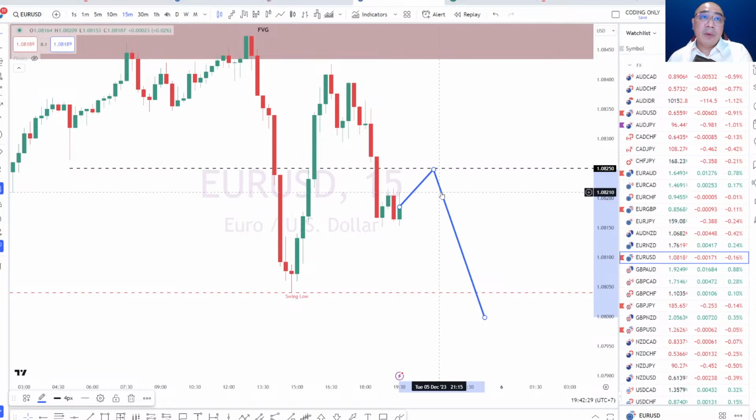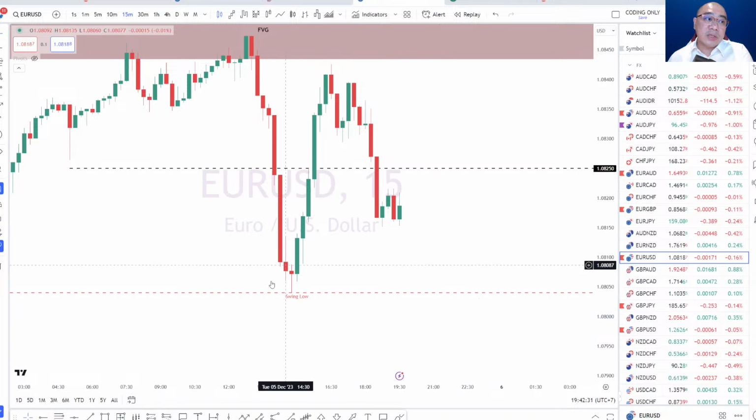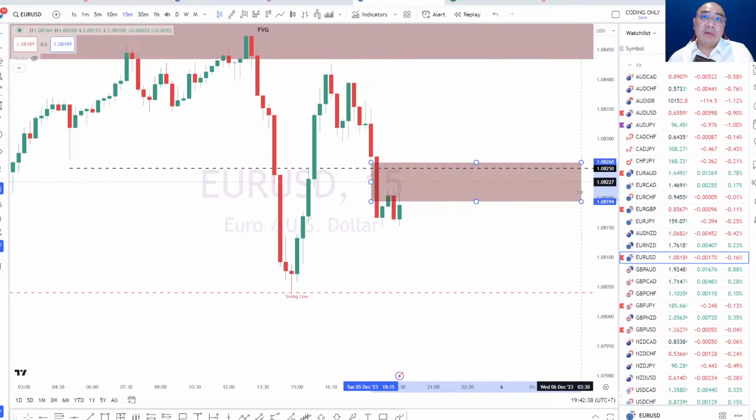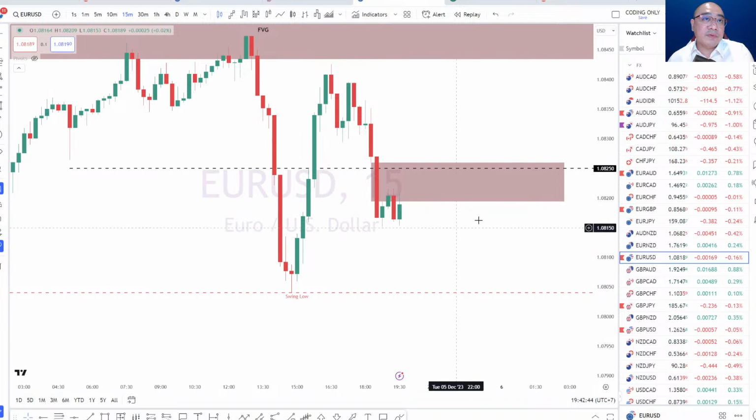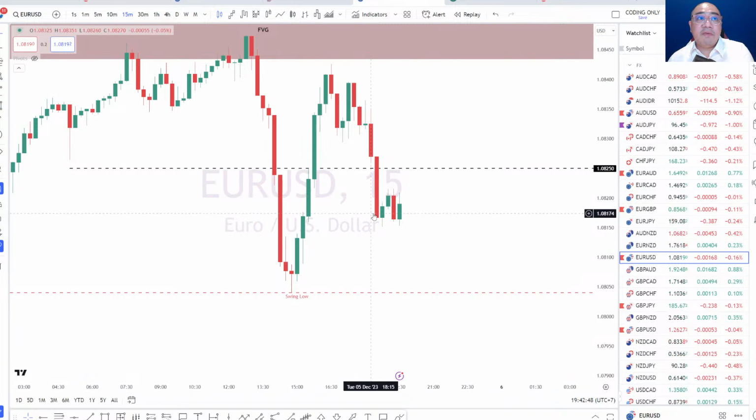Okay, but is that fair value gap noticeable on the 15-minute time frame as well? Yes, it does. It still exists there on the 15-minute time frame, and it becomes closer to the upper range at about 1.0825. So fair value gap is everywhere, and it's always good to just label the fair value gap, because take a look at this. I can build up a lot of reason why there's going to be a potential resistance at 1.0825.